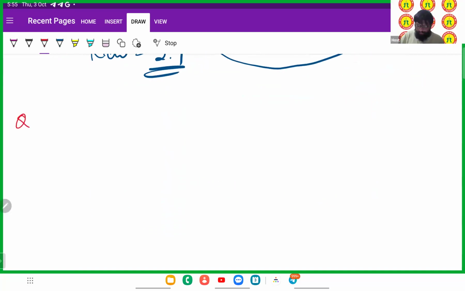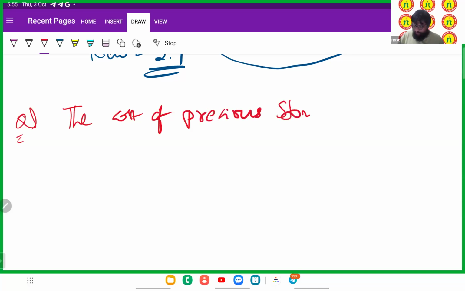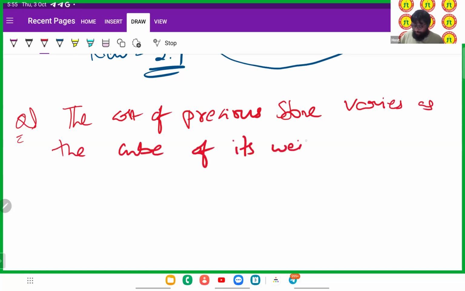So the question is, the cost of a precious stone varies as the cube of its weight. A stone broke into